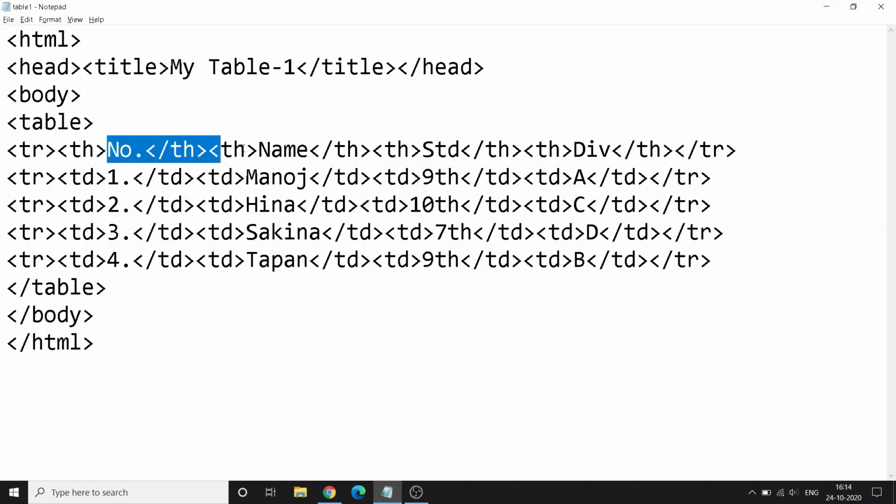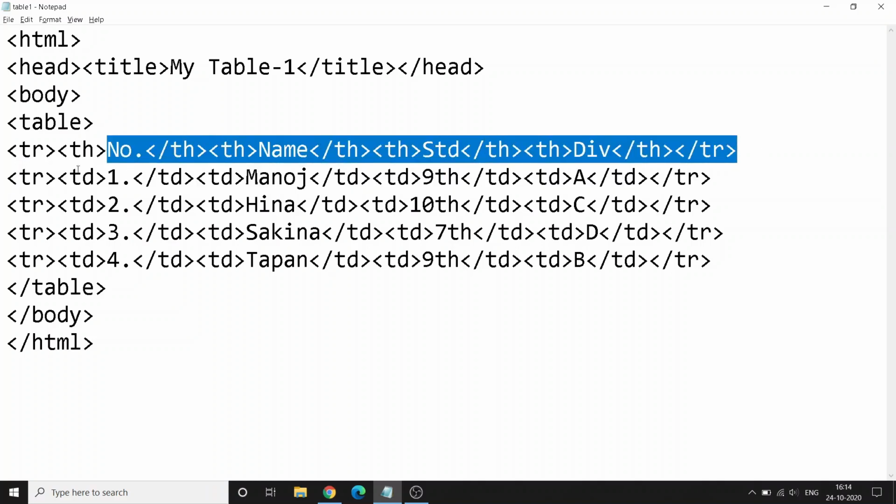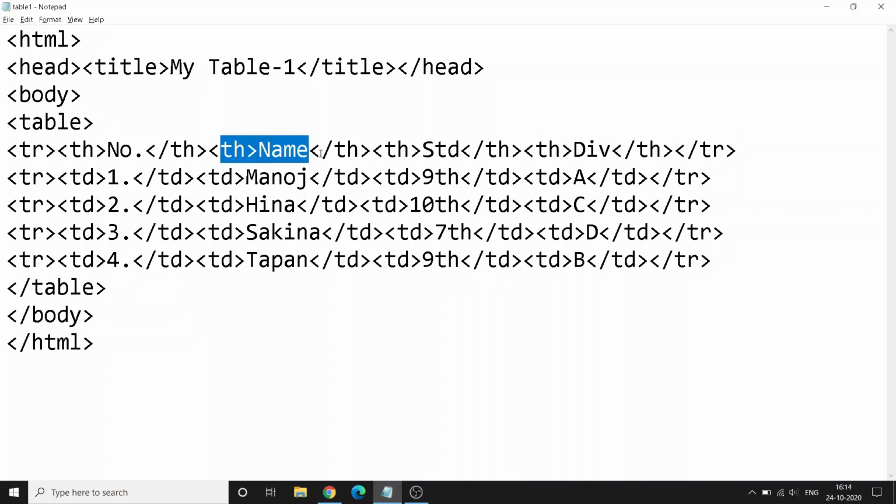Remember, there are 4 columns: first column, second column, third column, and fourth column. So every row should have 4 columns, then only we will get a symmetric table. The output of this simple table is like this.